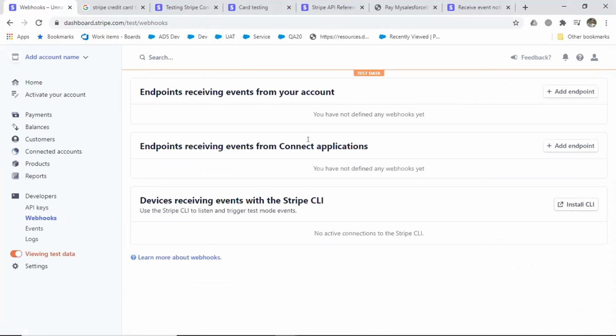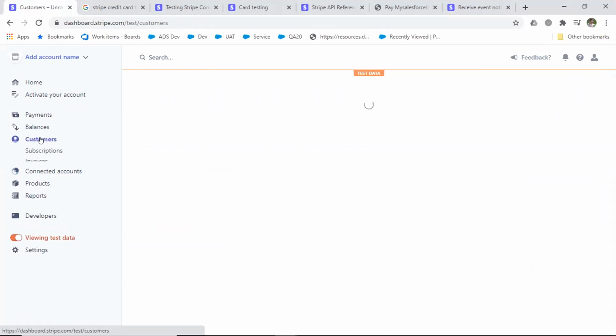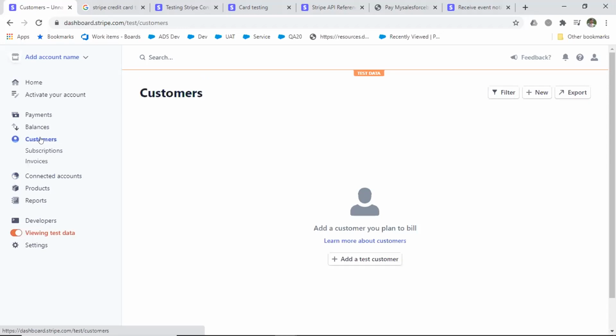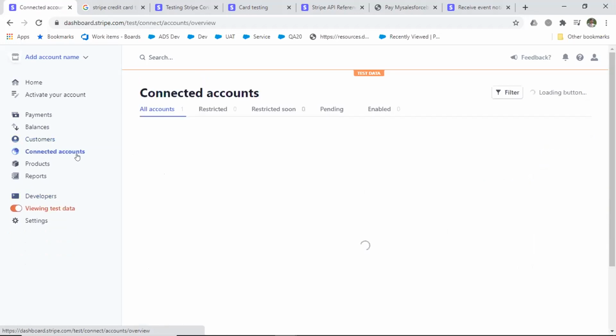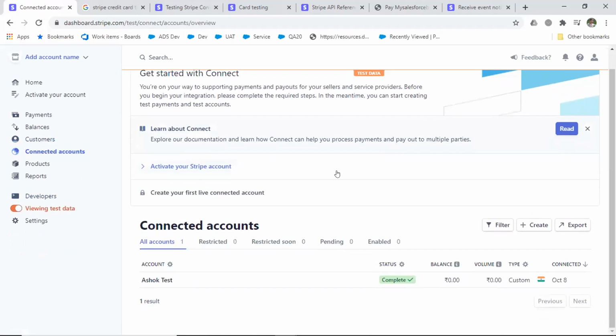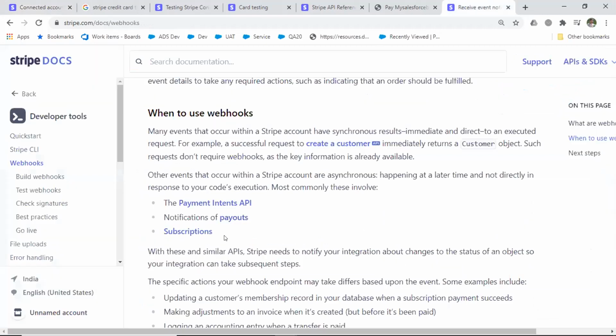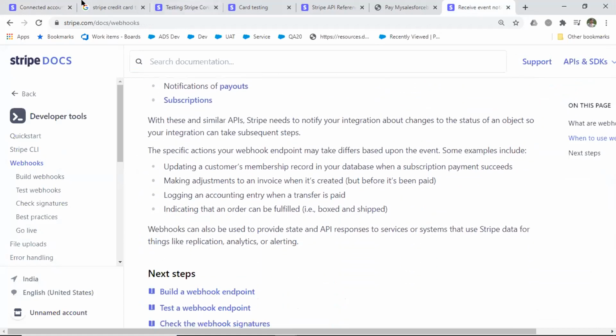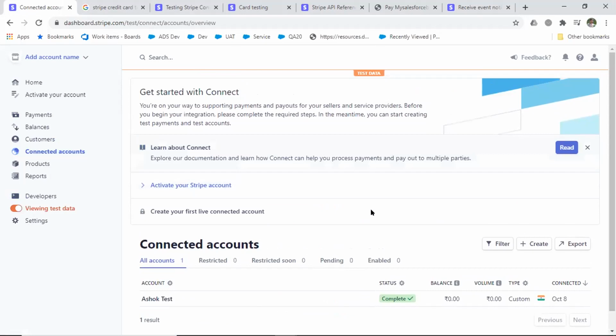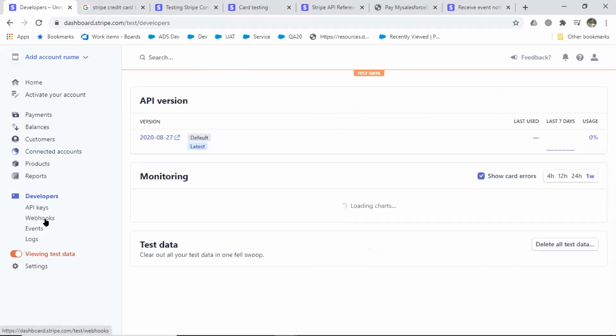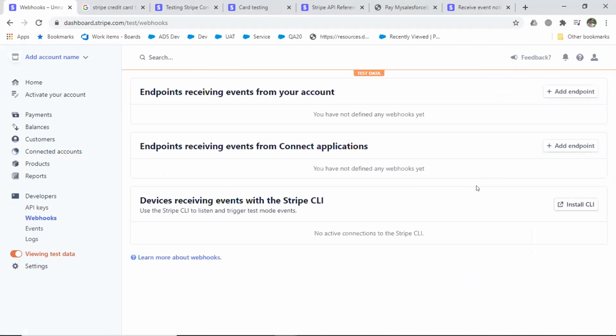Yes, we can configure the webhook here, but the question is whether we can use this webhook to listen to whatever events are happening for customers. Because as far as I read this definition, I came to know whatever events are happening at the account level, that is something we can capture in the webhooks. This is what they have mentioned here. No, but I just tried to create one webhook endpoint, and there I can see there are multiple events basically. It is there for invoice, it is there for customers, account, everything is there.